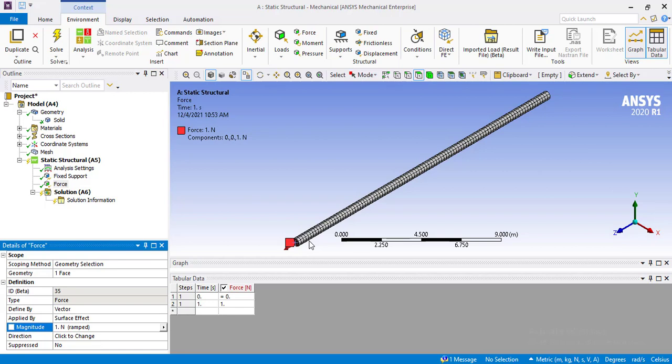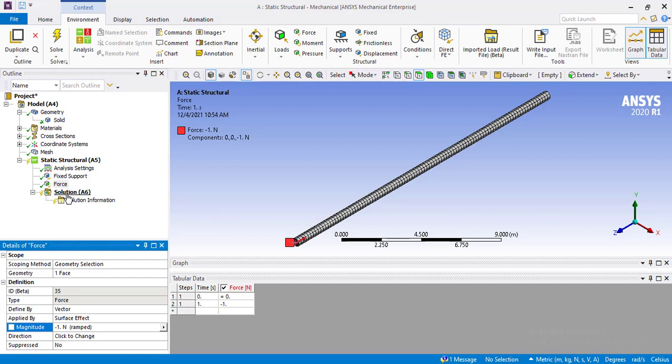As you can see, the arrowhead is in the outward direction, which is tensile, but the columns which are subjected to buckling are subjected to compression load. So we will change the direction by simply adding a minus sign before the magnitude and pressing enter. The arrowhead has been moved in the compressive direction.